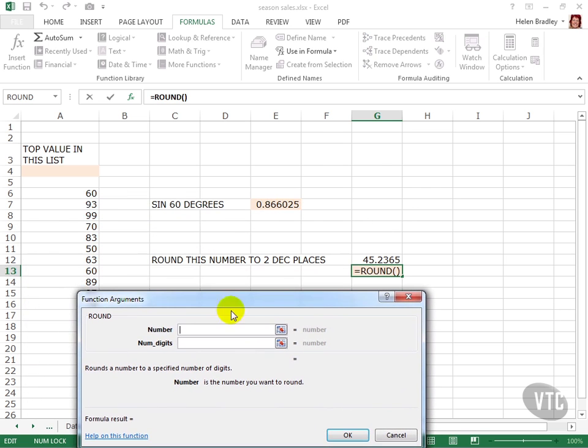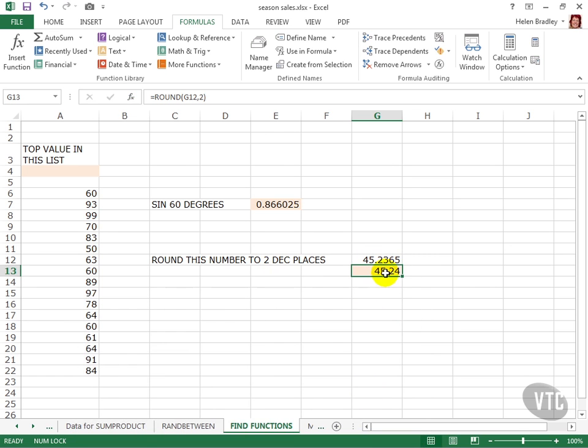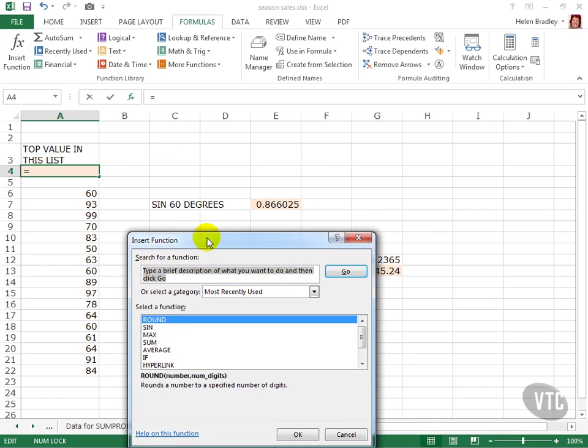And now what I need to do in this function arguments area is to tell Excel where the data is that it needs. And first of all, it needs the number. So I've clicked in this box and I'm going to click on the actual number that I want to round. And then it wants me to tell it how many digits I want to round to. So I'll press the number 2 because I want 2 values after the decimal point, and then click OK. And here's my formula. The final one we want to look up is to find the top value in this list, the largest value in the list. I'll choose Insert function, and then I'll type largest value in a list,